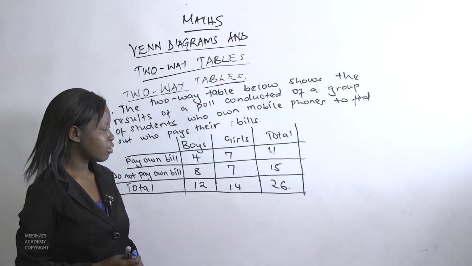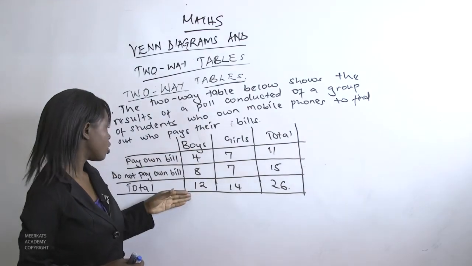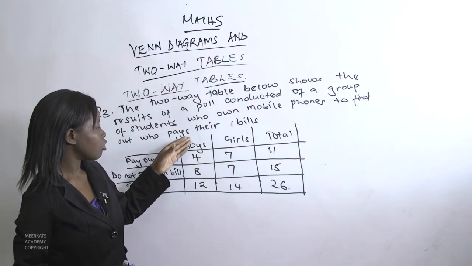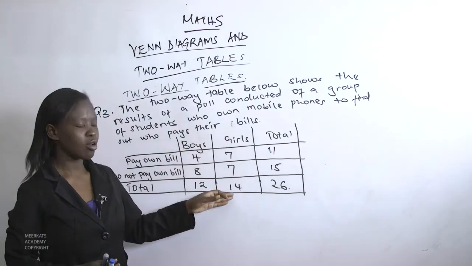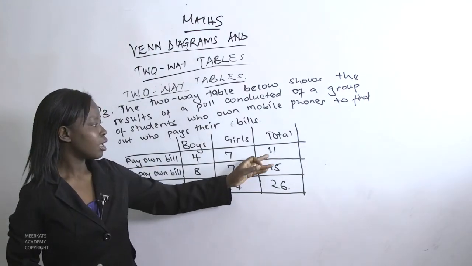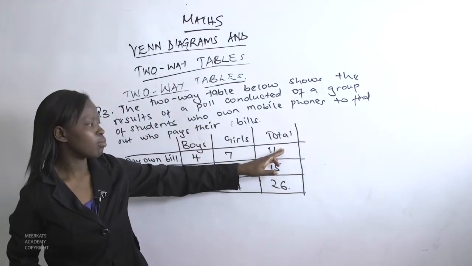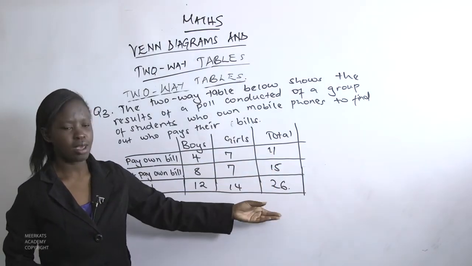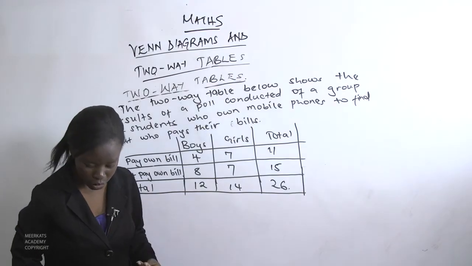So out of this survey, we find that a total of 12 boys in this survey, we have a total of 12 boys and we have a total of 14 girls. Out of this survey, a total of 11 students pay their own bill and 15 students do not pay their own bill. So the question is,